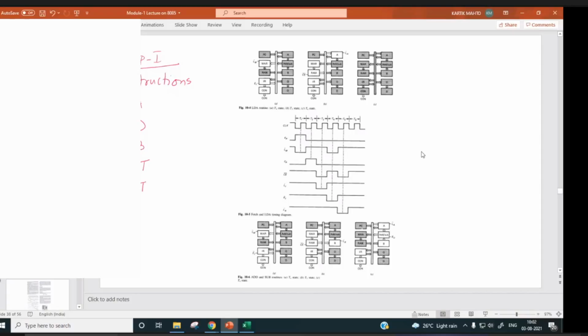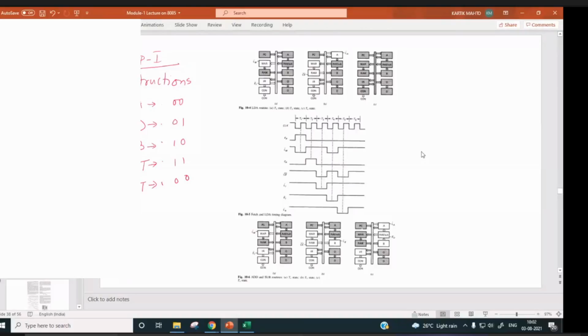So, how many bits do we need for coding these instructions? Right? 1, 2, 3, 4, 5. So, if you go for 0, 0, 0, 1, 1, 0, 1, 1, then 0, 0, 1.